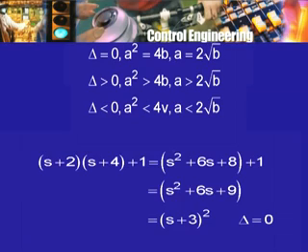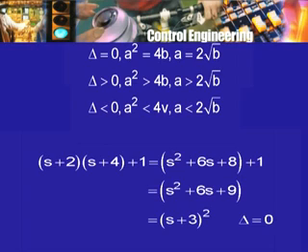So any one of these three possibilities could actually occur depending on the relative values of the motor and the drive parameters. So this is not just a fictitious or a waste of time to look at the various possibilities. The possibilities may actually arise depending on which one of the conditions is satisfied: a is equal to 2 root b, a is greater than 2 root b, or a is less than 2 root b.